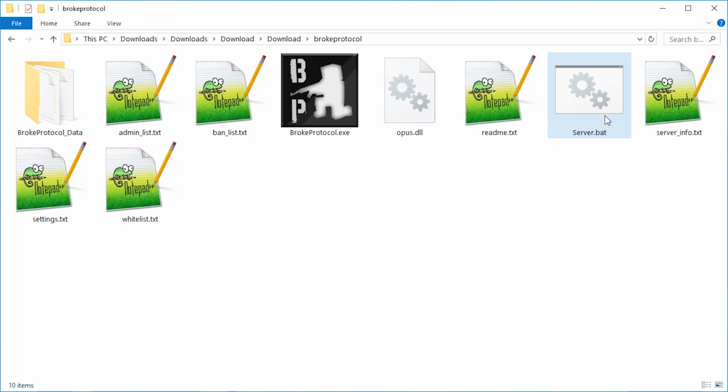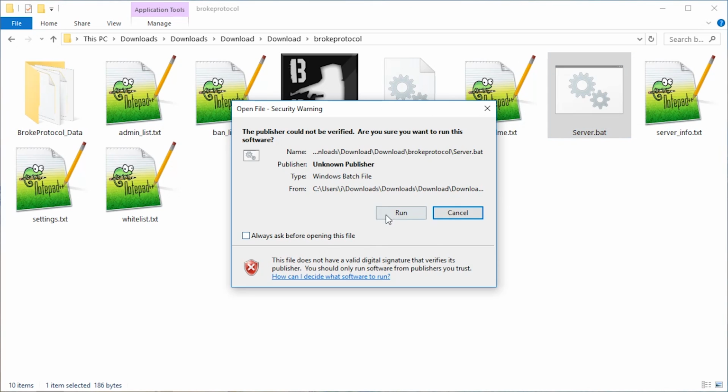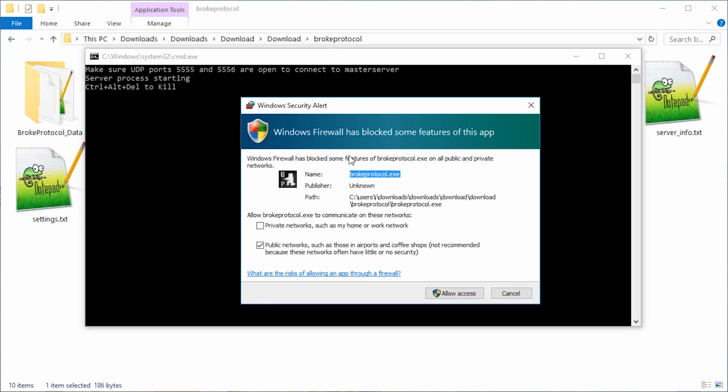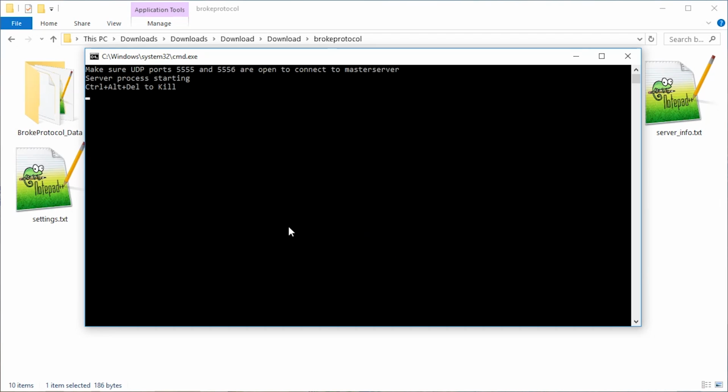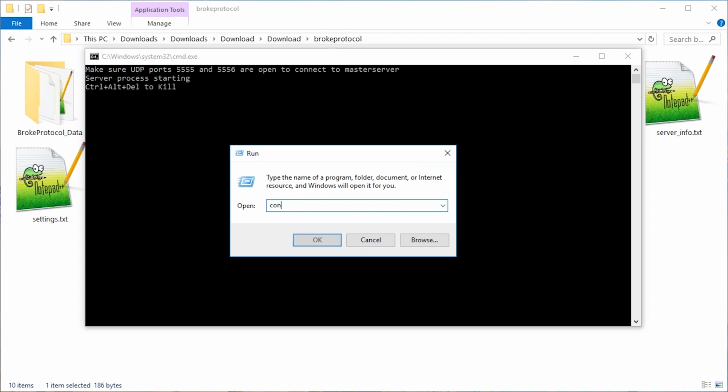Alright, the next step is to just double-click server.bat and run. These two windows will pop up: a command interface and the Windows security alert. And here it is very important that you allow private networks and that you allow access. Very important. If by any chance you missed this or just clicked cancel by reflex, just hit Windows-R, write control,